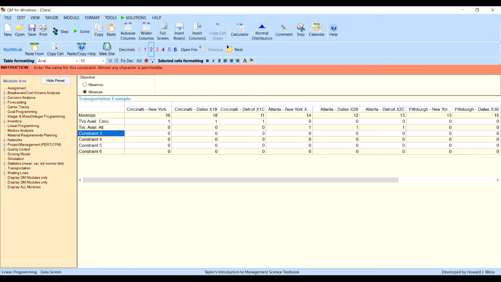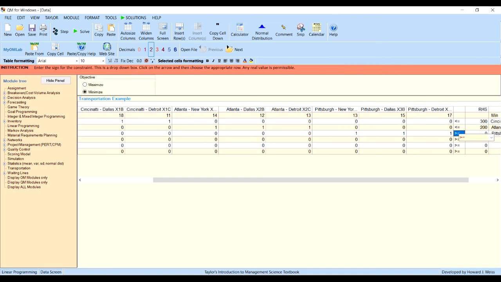Finally, TVs available, Pittsburgh, must be less than or equal to 200. And we can see here, that means Pittsburgh to New York, Pittsburgh to Dallas, and Pittsburgh to Detroit must be less than or equal to 200. You cannot ship more to New York, more to Dallas, or more to Detroit than the maximum 200 that exists